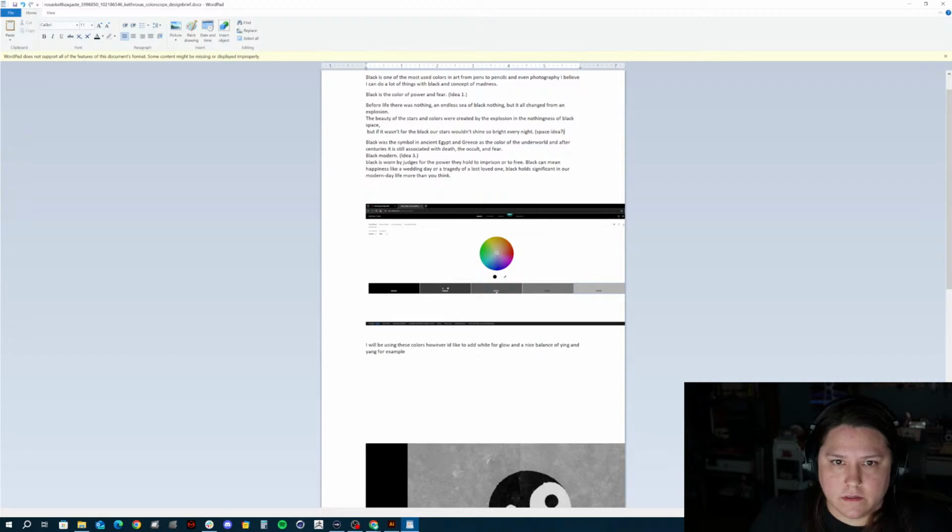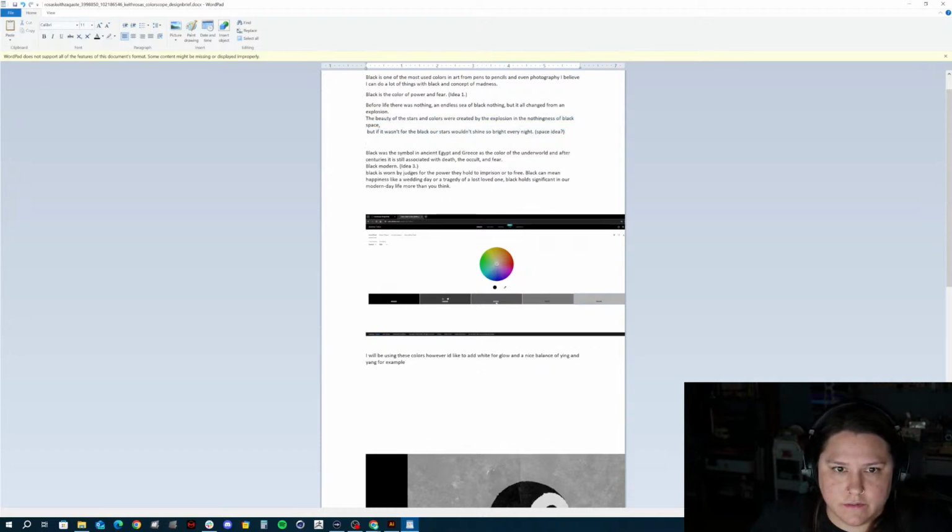The beauty of the stars when we're created. Okay, I'm just going to highlight this so you rewrite it, like we were saying. But I like this one. Well, you'll just know we're talking right now. So erase this. Black is worn by judges for the power they hold to imprison or free. I think that black can mean happiness, like a wedding day or tragedy of a lost loved one. I think this one,